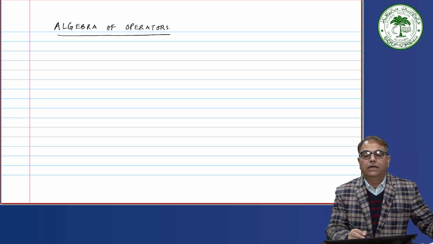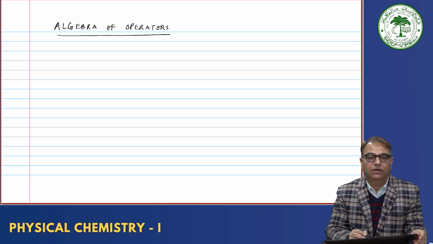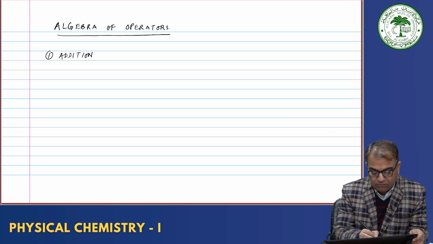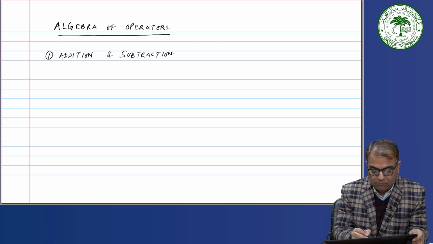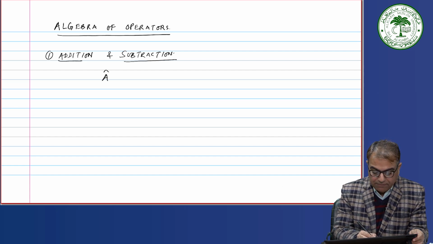Okay. In algebra of operators, we talk about what will happen if we add two operators, and what will happen if you multiply two operators. So, let us talk about addition and subtraction. If you add two operators, A plus B,